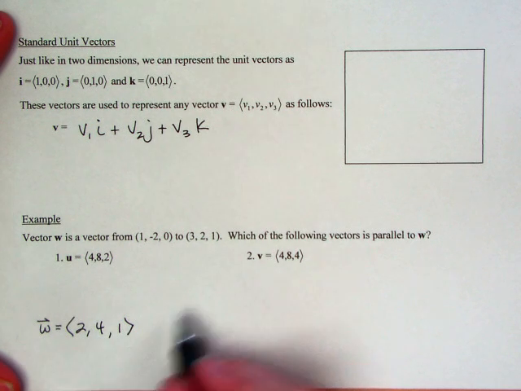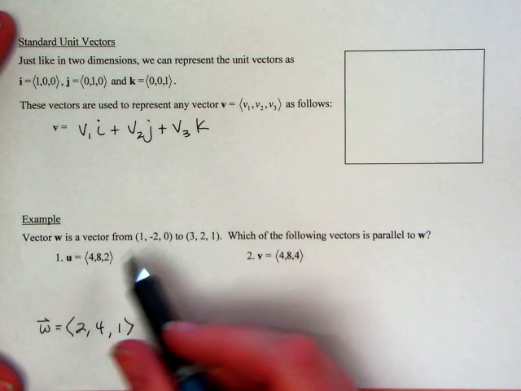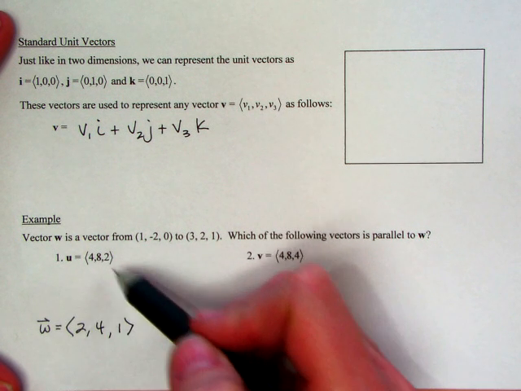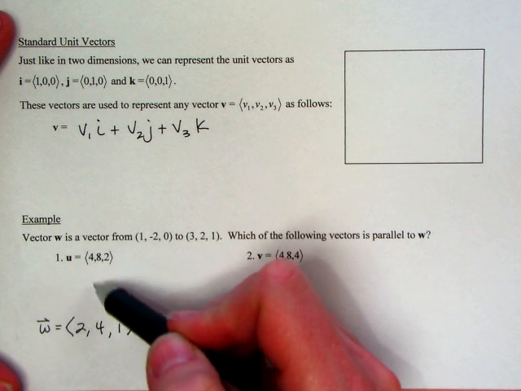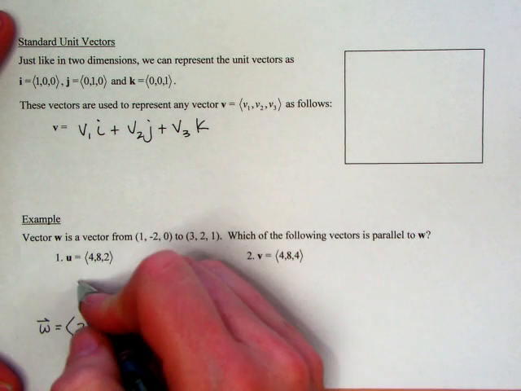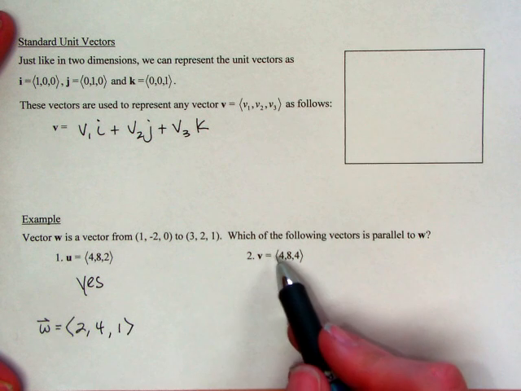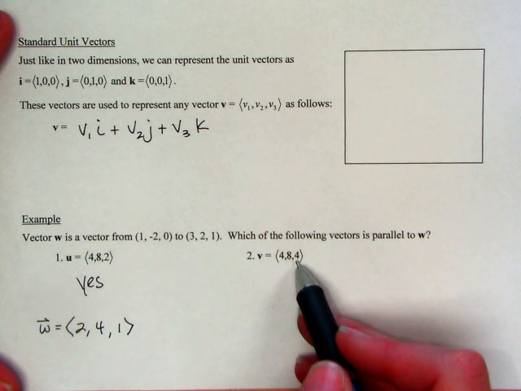And now I'm trying to determine if either of these is parallel to that w. Parallel vectors are multiples, so I'm just trying to see if this was multiplied by the same thing each time. And this was multiplied by 2. 2 times 2 is 4, 4 times 2 is 8, 1 times 2 is 2. So this one is parallel. To get over to this one, I'd have to do 2 times 2, which is 4, 4 times 2, which is 8, looking good, but then 1 times 4 would need to be to get to a 4, so